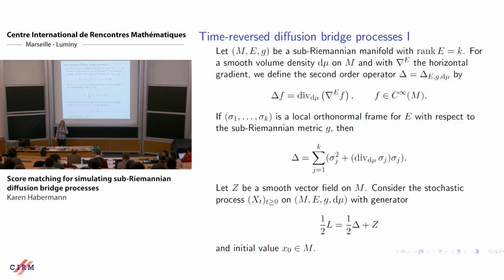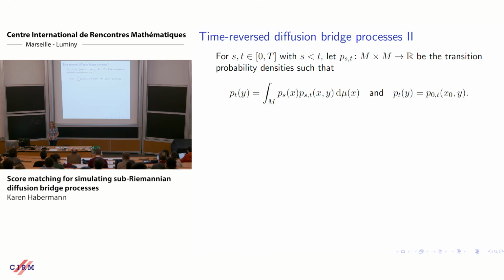The Z is sort of a drift behavior, and then the 1/2 of the sub-Laplacian is sort of how this particle fluctuates around. And now this diffusion process comes with its heat kernel in a way, which sort of tells you a lot of how this process evolves. So we denote p_t(x0, y). Basically, if we start all our mass at x0, at time 0, then how much of this mass has evolved to a point y, infinitesimally nearby, at time t. So that's what p_t denotes.